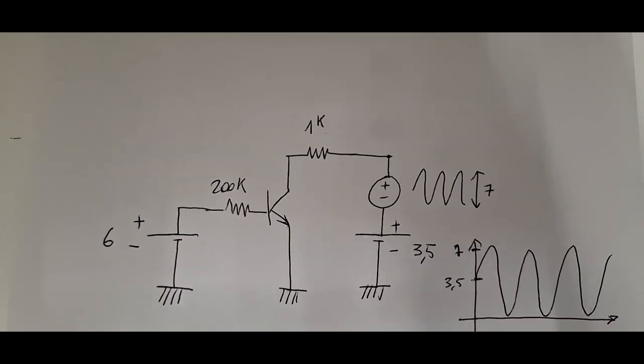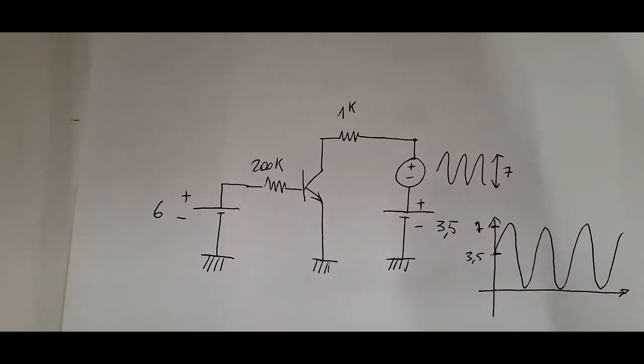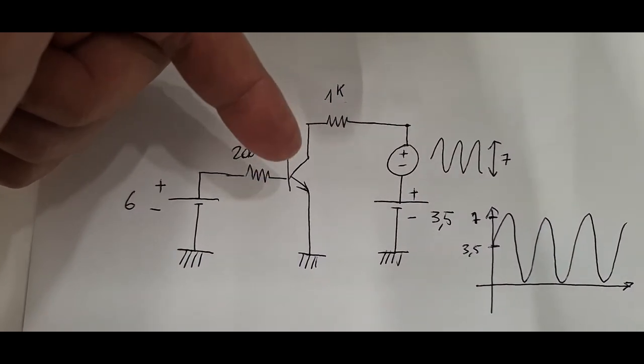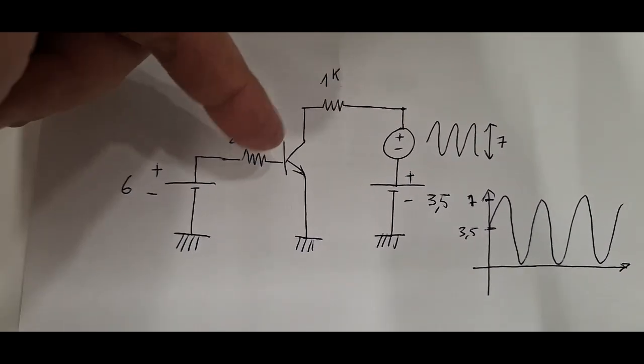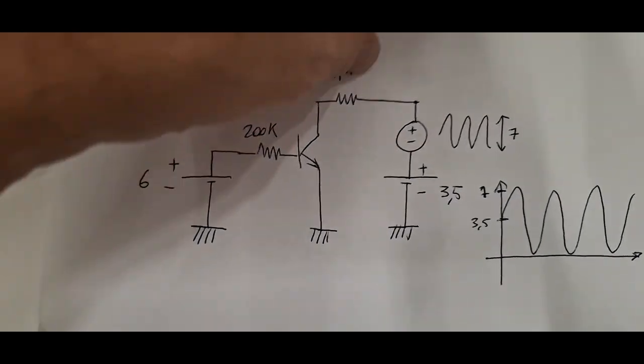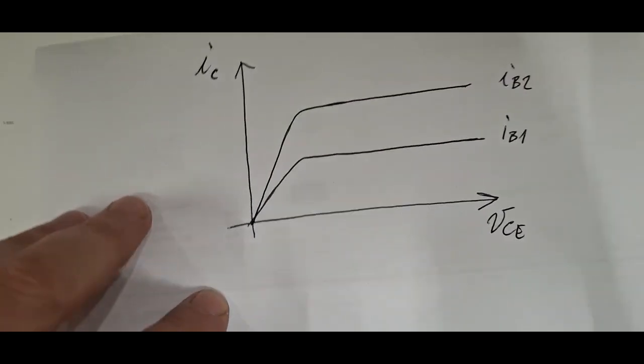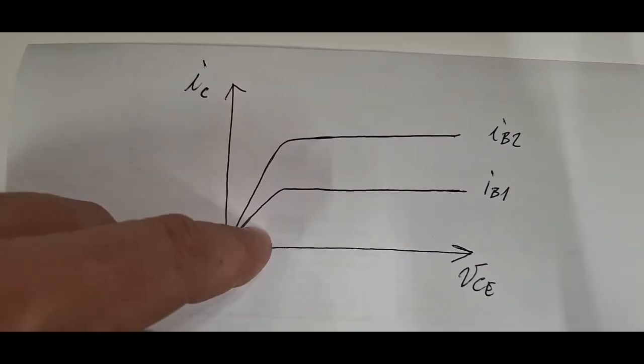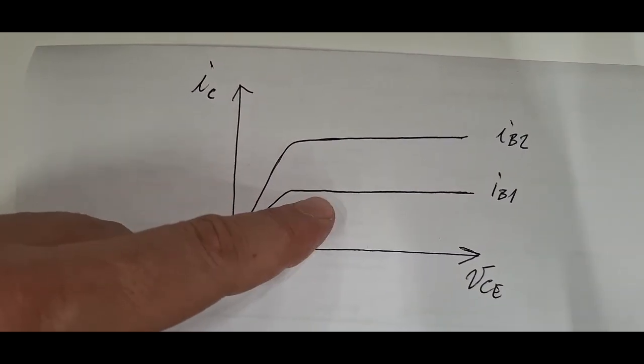Hello everybody, in this video we will see how the collector current of a BJT varies as a function of the voltage between collector and emitter. So we have a typical curve of the transistor, which is this one, for two different values of the base